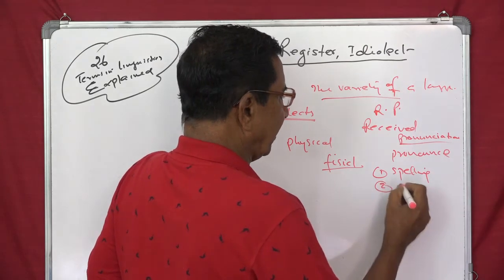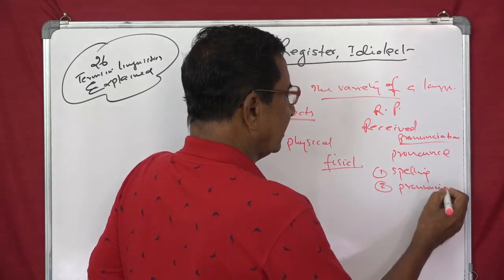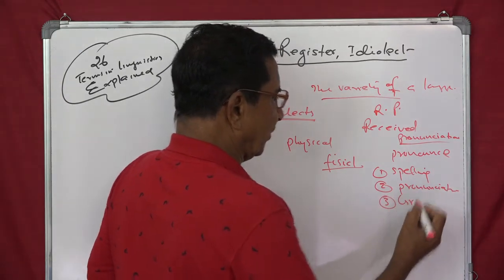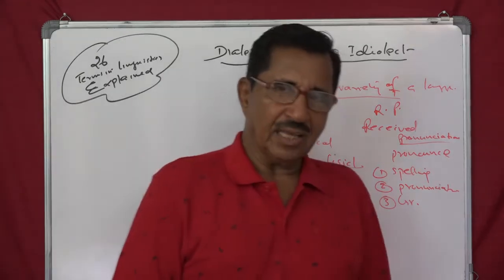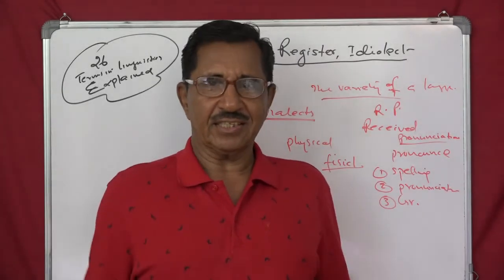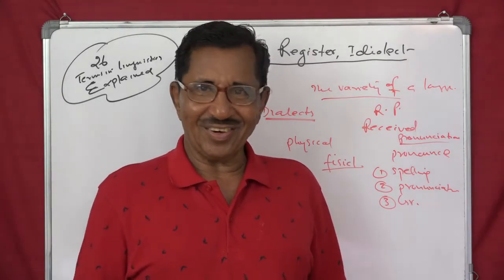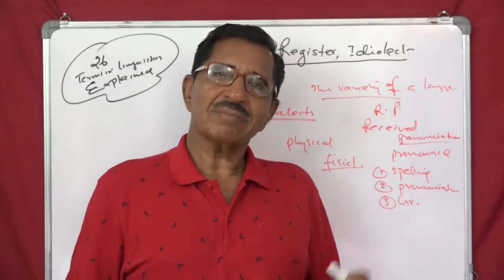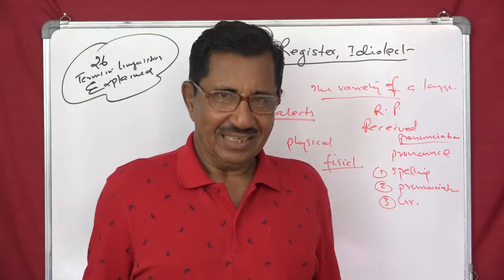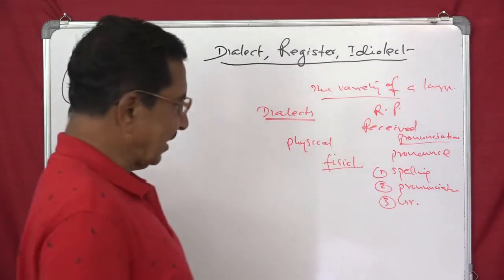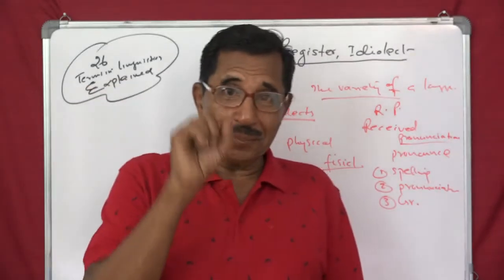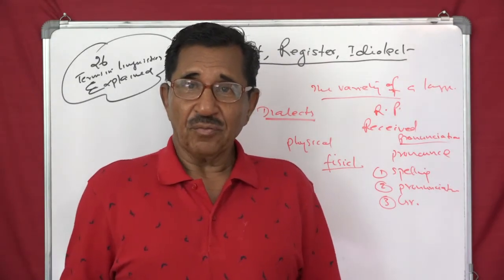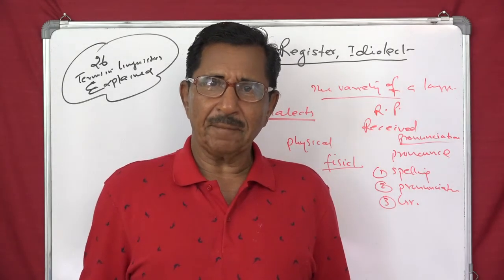So when I said spelling, you will find different spellings. Second, you will find different pronunciations of the same word. And third, you will find differences in grammar. In some varieties they will say, he will went. You cannot say like that, isn't it? He went, you can say, or he will go. But we understand it. That's the point. And then in some varieties of English you will find the B is a very strong pronunciation. Understand that?